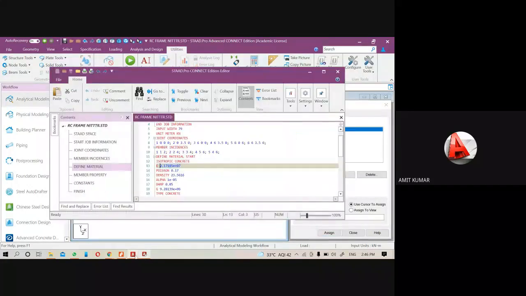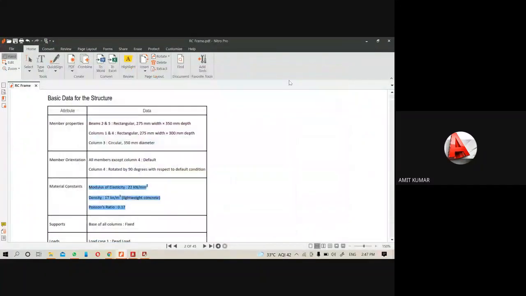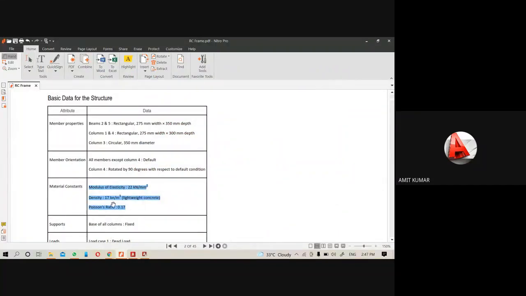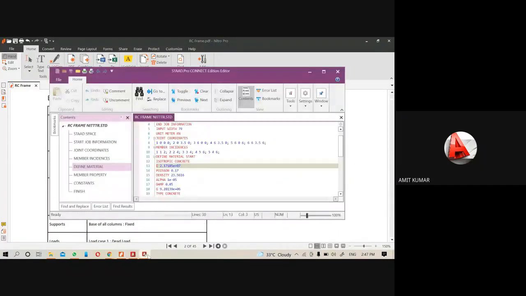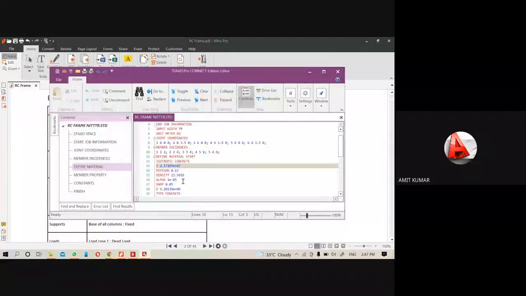We can copy the value, we can note down the values from here also, like here you can see the modulus of elasticity is 22 kilonewton per mm square. So we will change the value to 22 here, and Poisson ratio is 0.17, so it is 0.17 already. Density is 17 kilonewton per meter cube. So I will change the value to 17 here.